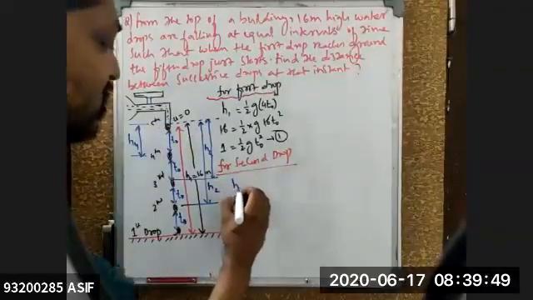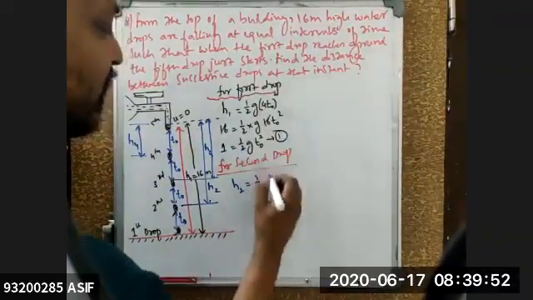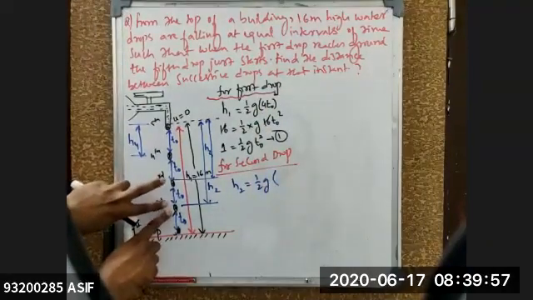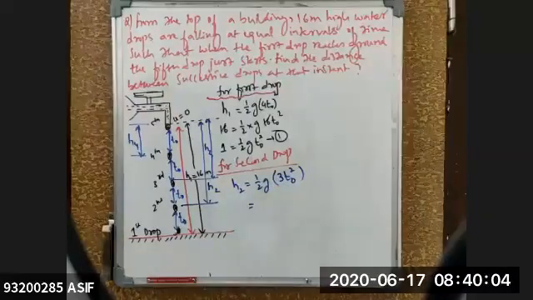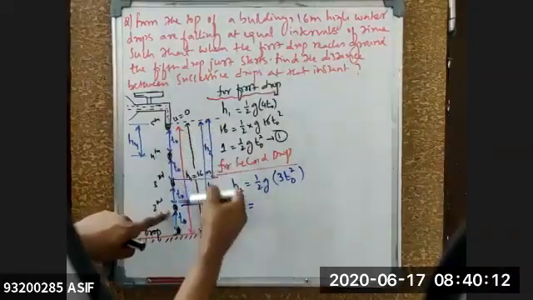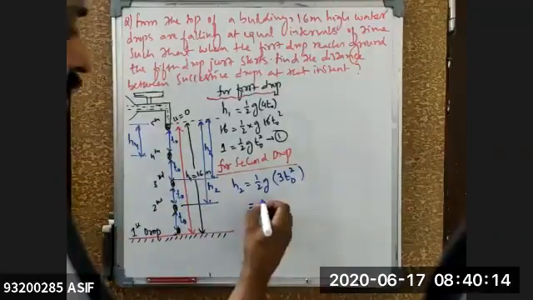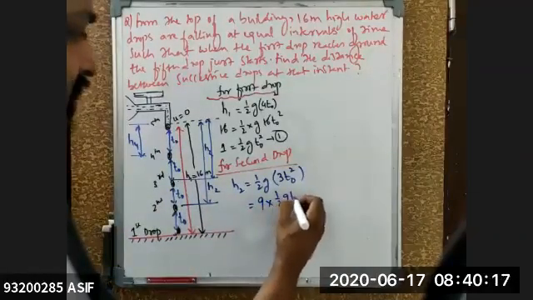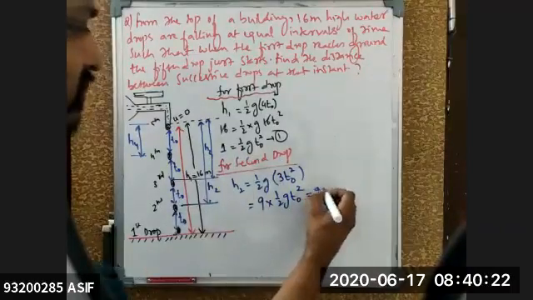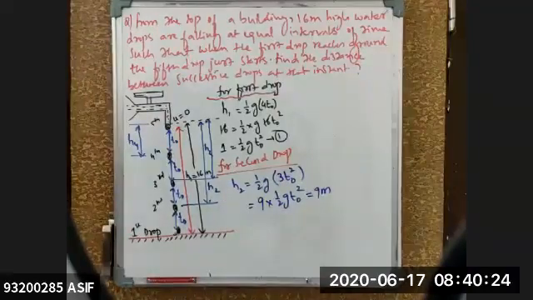H2 will be equal to how much, beta? H2 is equal to half into g into time, which will be equal to how much for the second drop? By the time the second drop has traveled, how much distance has it traveled? 1, 2, 3. This is nothing but 3 into T naught square. Isn't it? The second drop is right now here, na beta. That means from here to here, here to here, and here to here, it is taking 3 seconds to reach the ground. So this will become for me 9 into half into g into T naught square. Half into g into T naught square value is how much for me? 1. That means this will become for me 9 meters. Clear?